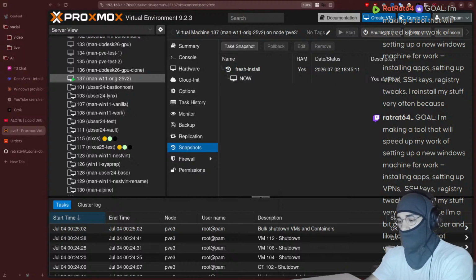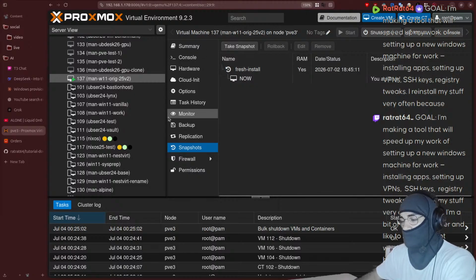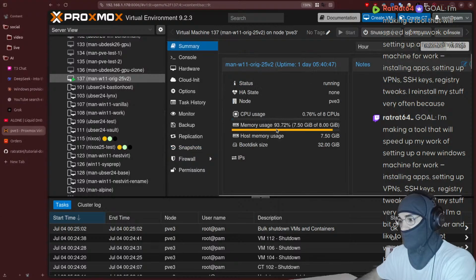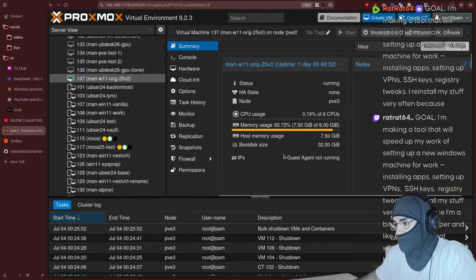Okay, so this time we are going to install the Virtio drivers, so the VM actually has a smooth Proxmox integration. Right now, if we check the summary of the VM on Proxmox, you can see, guys, that the VM actually